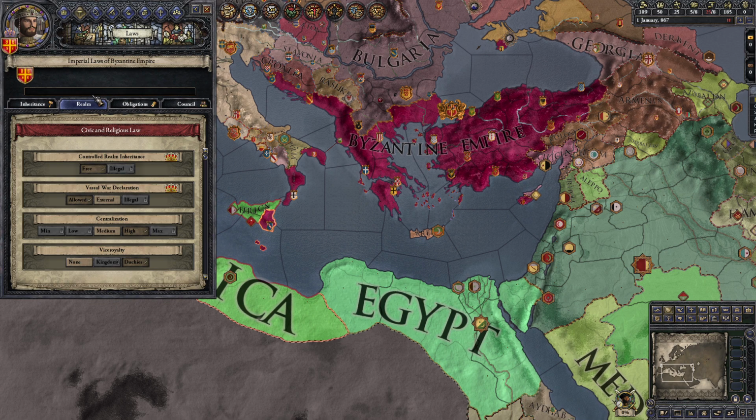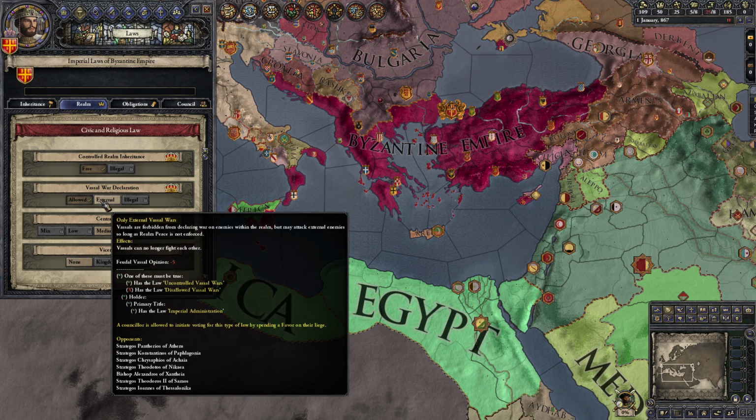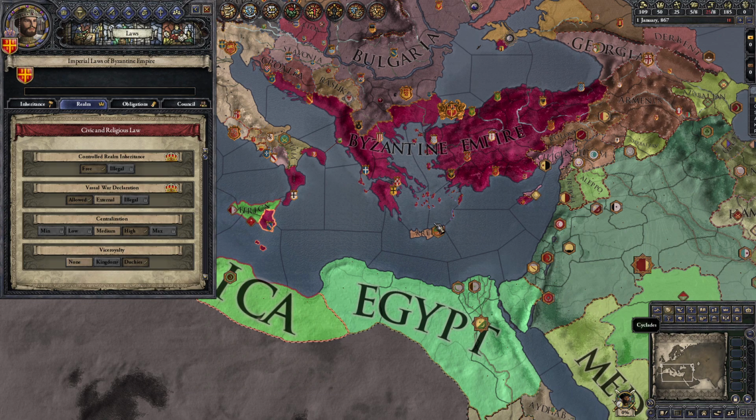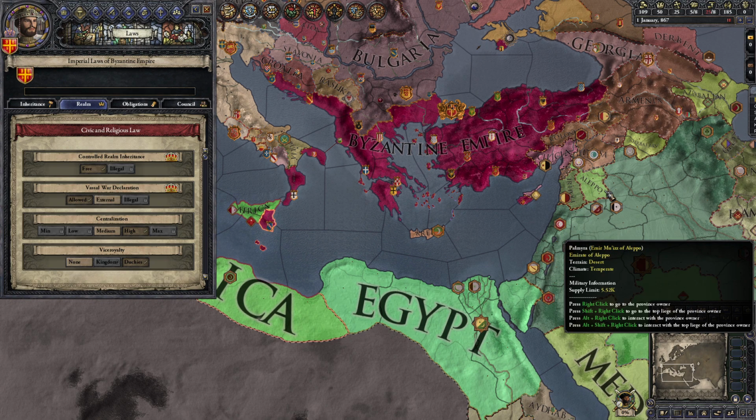Okay. Then there's realm laws. So, how they can negotiate and work within themselves. Now, this is pretty important because it defines how absolute the rule is. I say vassals can declare war, however, I can change that and say the vassals are forbidden from declaring war within the realm. So there will be peace within the empire. Vassals won't fight each other for claims, but then they can still fight outside.